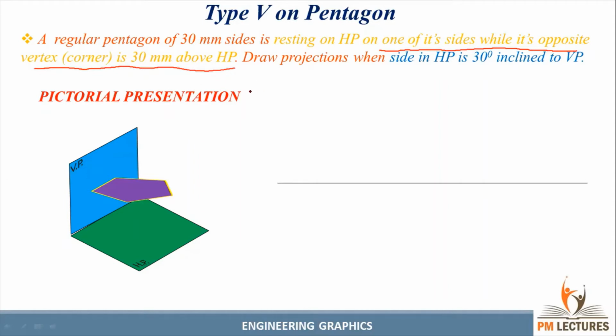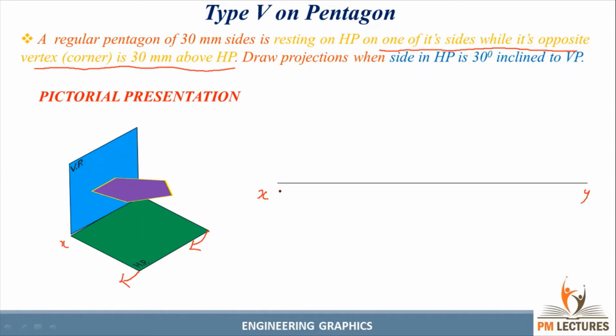Its meaning is that it is inclined to HP. So the initial step is that the pentagon plane is parallel to HP. If it is parallel to HP, it will be projected on the HP plane, and we can get the true shape on the HP plane only. We can view it from the top view and see the true shape of the pentagon. So this is the XY, and we get the true shape below the XY line.